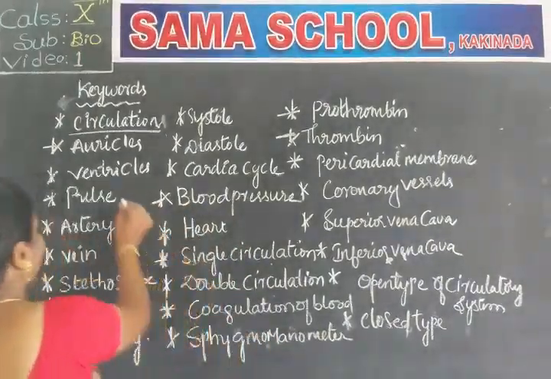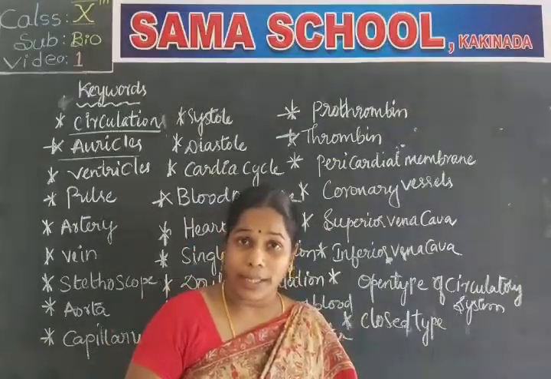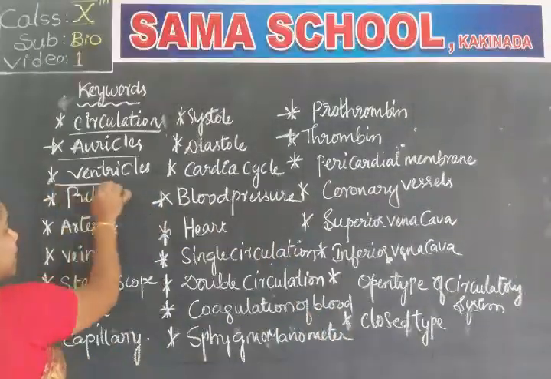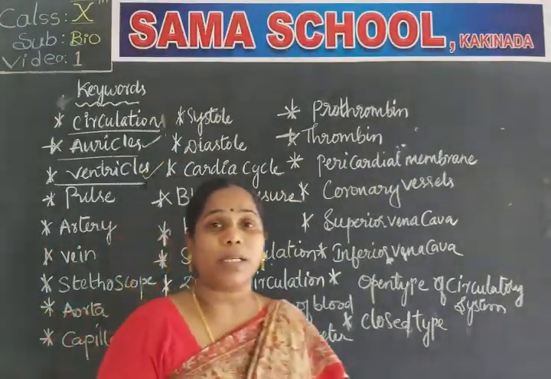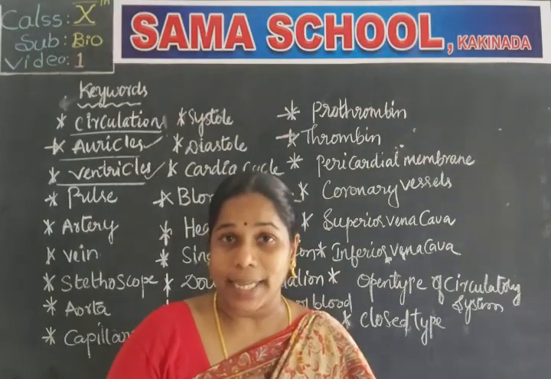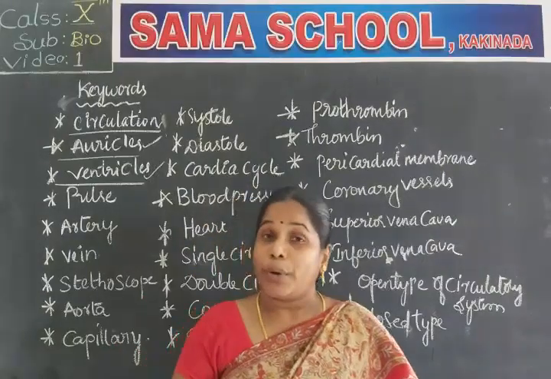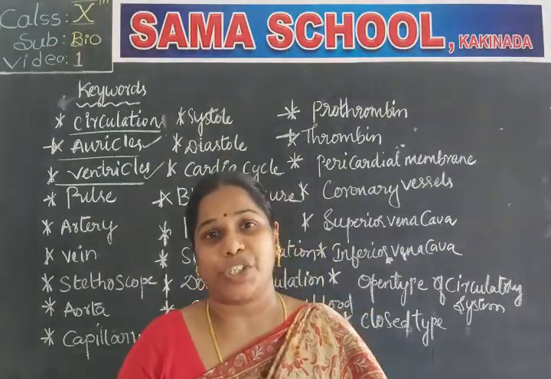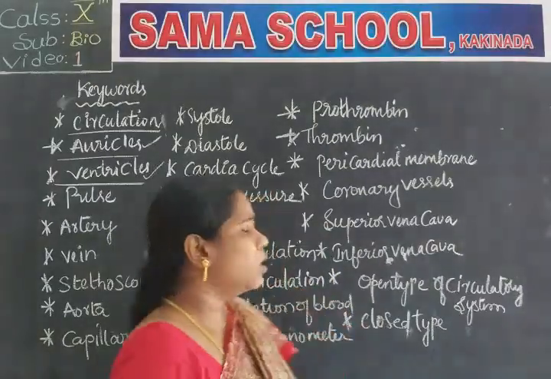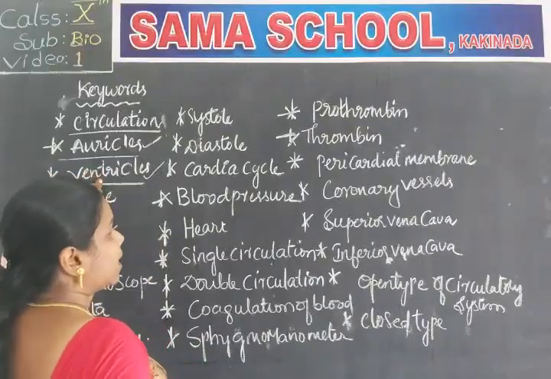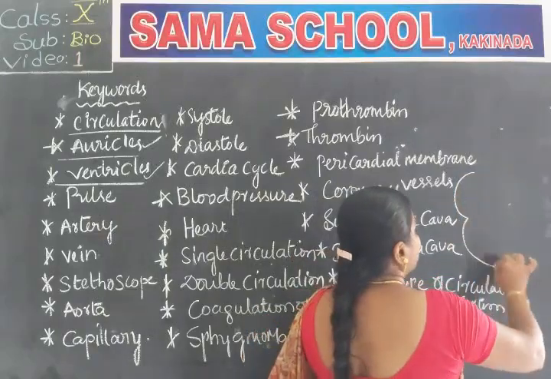Next, the second word is auricles. You can write atria also. Auricles and ventricles. The auricles and ventricles are the chambers of the heart. In the learning outcomes, in this chapter we are going to learn the internal structure of the heart, and in it we are learning about the auricles and ventricles. They are the chambers of the heart. I am giving a rough diagram. If you see the heart here,